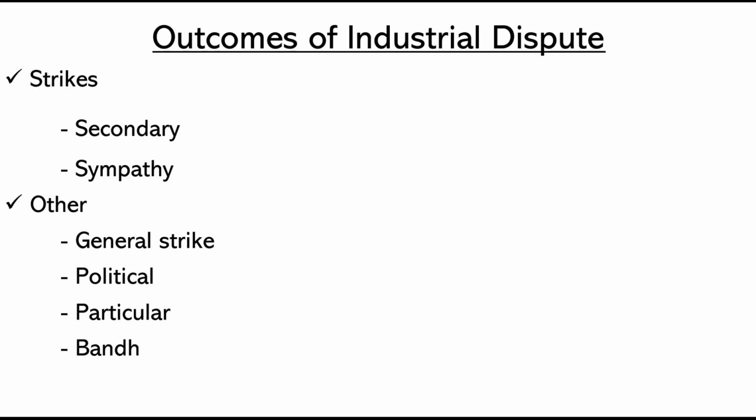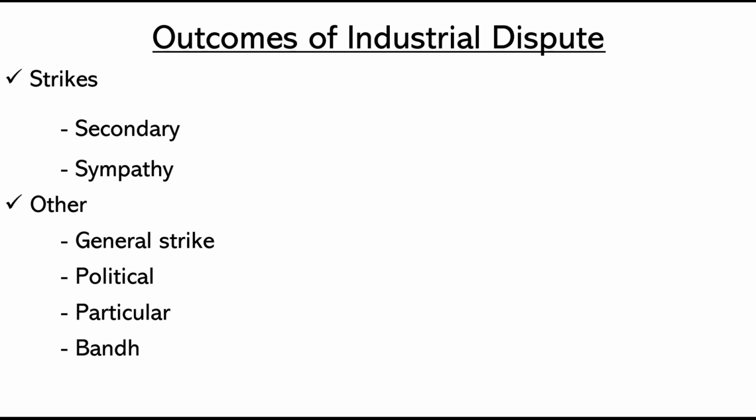Next one, work to rule. Work to rule means whatever contract or whatever job rules are there, the employee will follow that particular rule, but any other additional task or any other thing mentioned in their agreement, they will not perform that. Okay, these are all various kinds of strike, but these are all primary strikes. Next one is hunger strike or bhuk hartal, which you all know. What is that? Workers go for fasting till their demands are met.